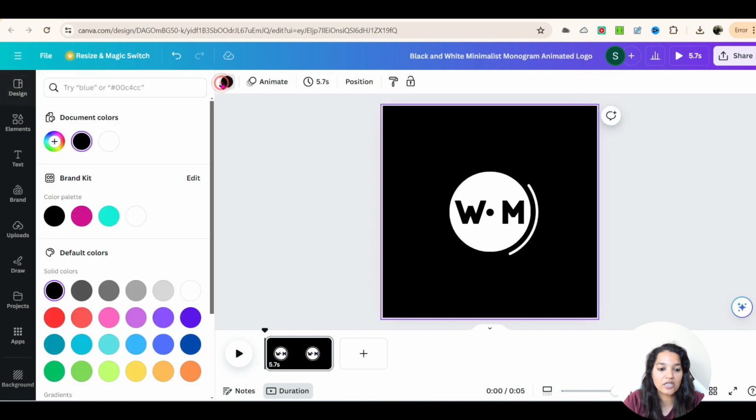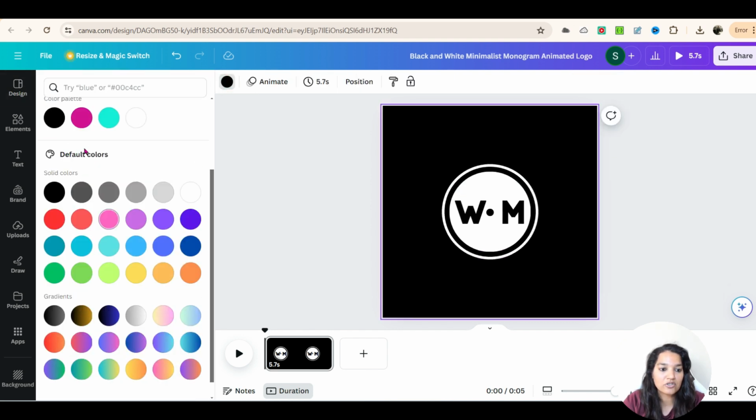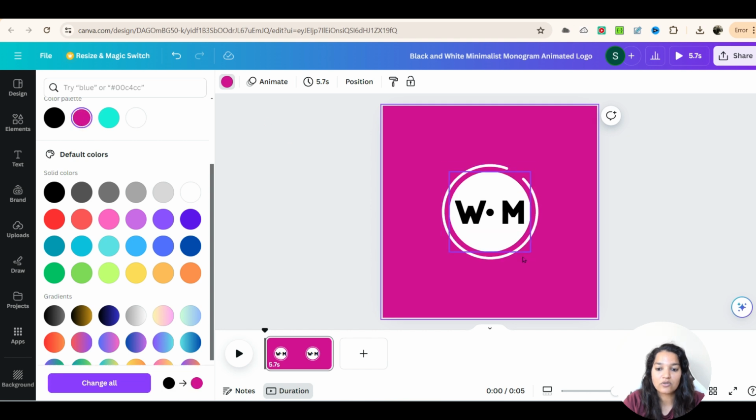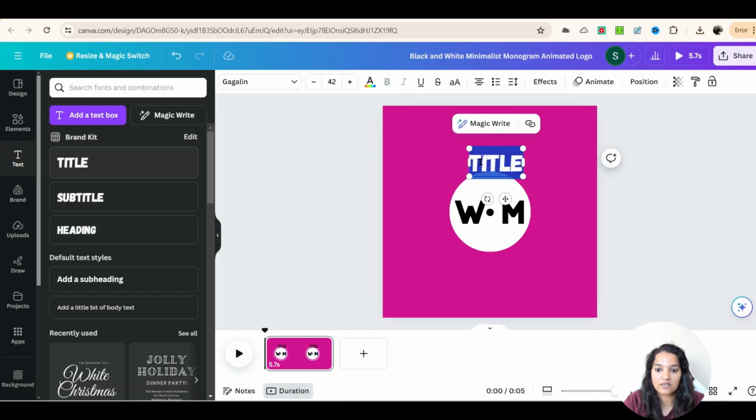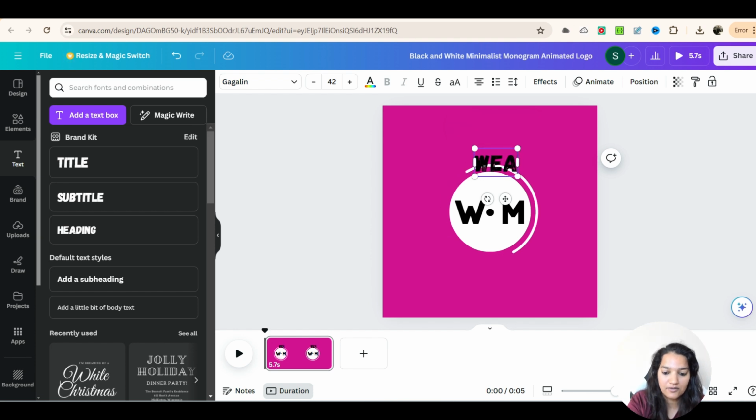And if I want to change the background, I can change it to this pink color. So this is my logo. W stands for wealth and mastery. Now here I want to add some text here. Okay, so let's say I want to add some text. I'm going to go ahead and drag the text here. I'll call it wealth